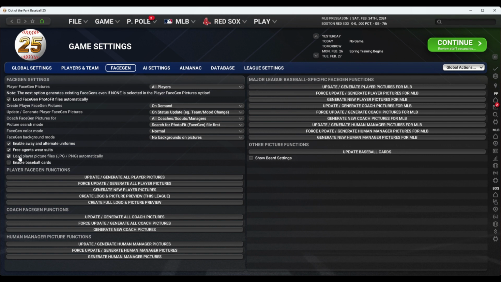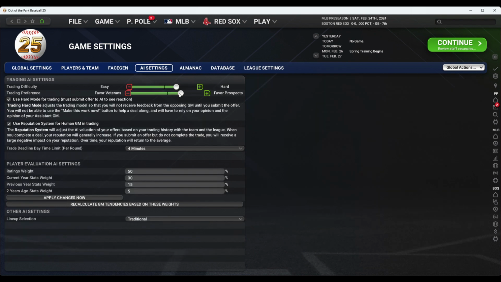Free agents wear suits, I like that. Enable baseball cards, I like that. AI settings, I've got this set up pretty good here. So one thing I'm going to do with the AI setting is the ratings weight. I had 80% last time, and someone made a comment that they do 100%, because if not,